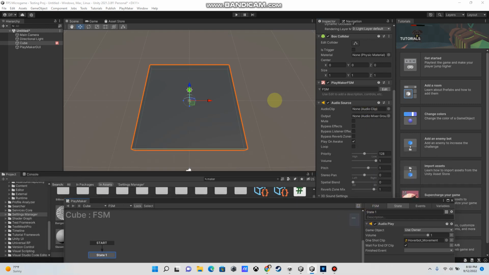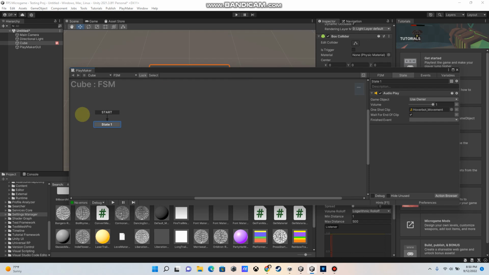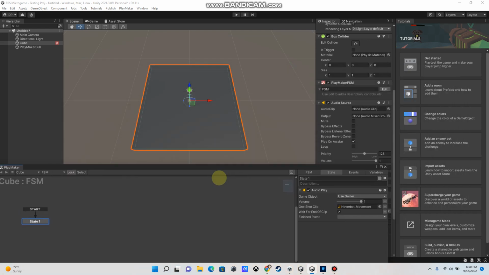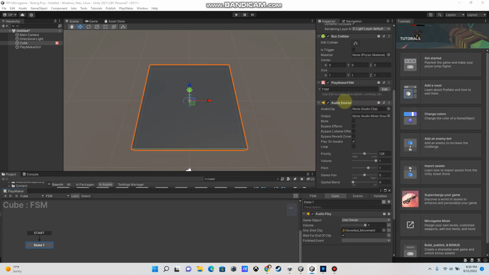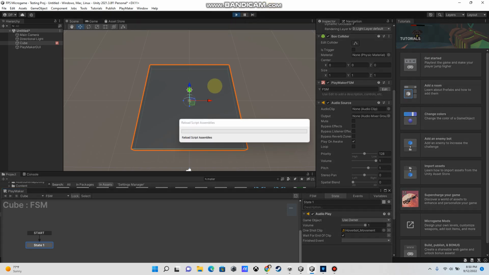It has the FPS micro game attached. As you can see, I have my audio source, nothing but a cube in here, some directional light, and a main camera. So on start, trigger the hover bot movement audio to play using the owner. Owner has an audio source attached. It made sure that you Playmaker. When I play the audio,